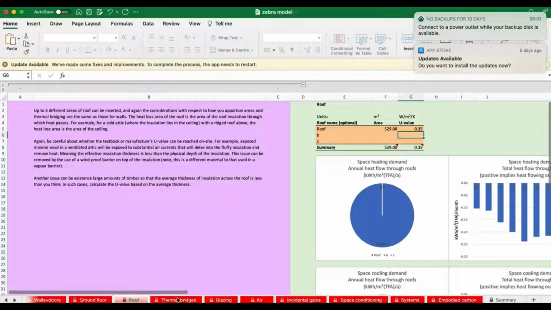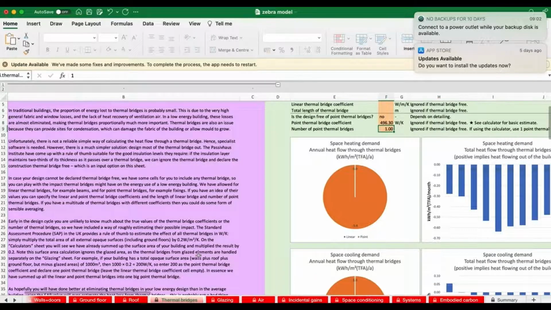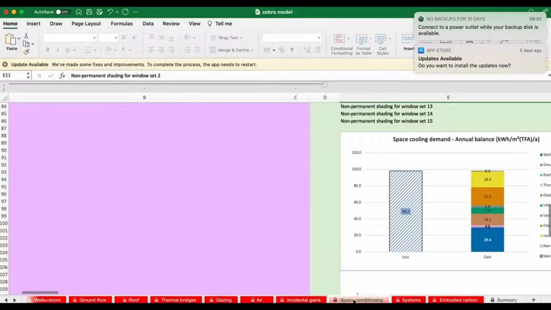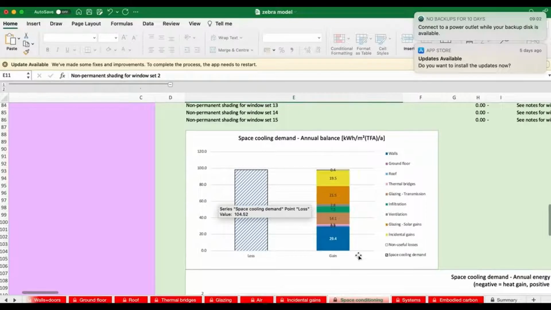And our thermal bridges, we're going to consider engineering those better, but we pause for a moment and go, is it worth spending money in this area? And that's why we use our space conditioning tab. We go over there and we look at thermal bridges, which are pink, absolutely minute. So we can go, no, not going to treat my thermal bridges.